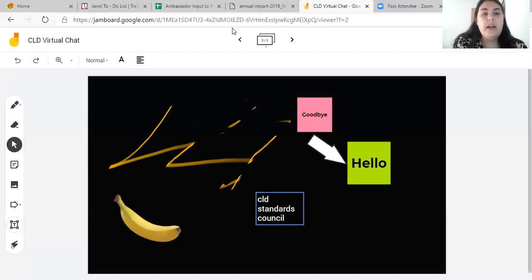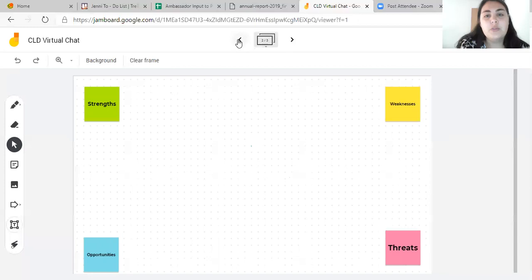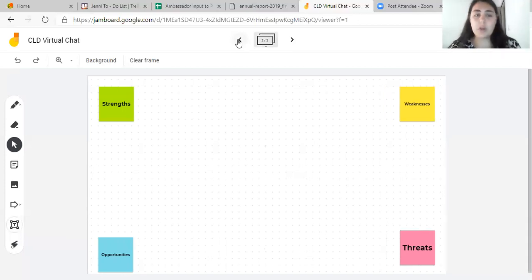And then I just wanted to show you a few ideas of things that you could use Jamboard for as well. Although that's the basic functionalities of Jamboard, there's lots of different ways that you can use it. So this was just one mock-up that I've done before. It's almost like a grid. So you could